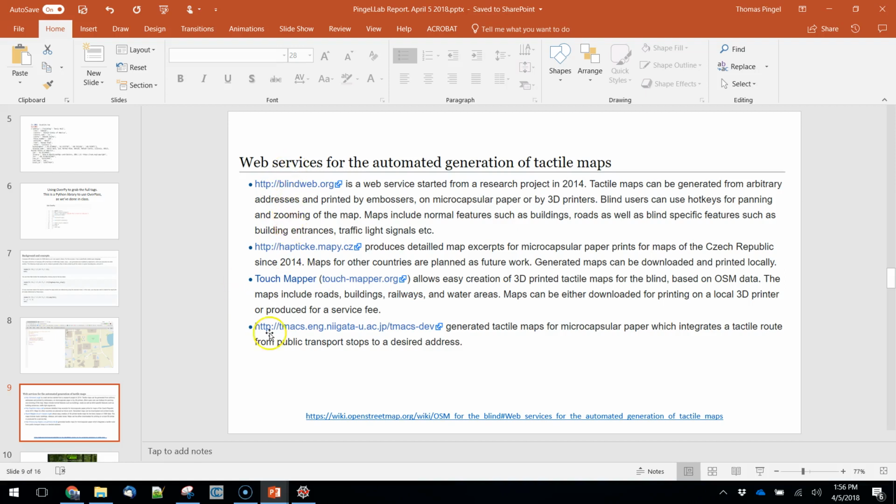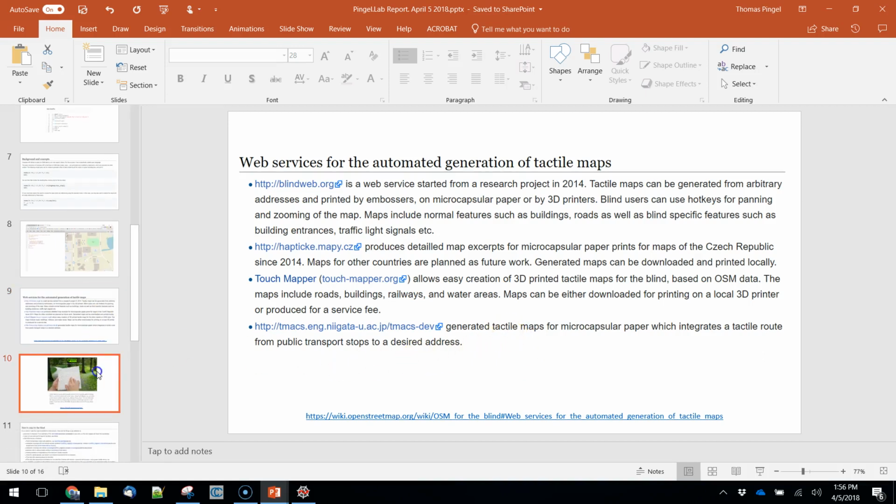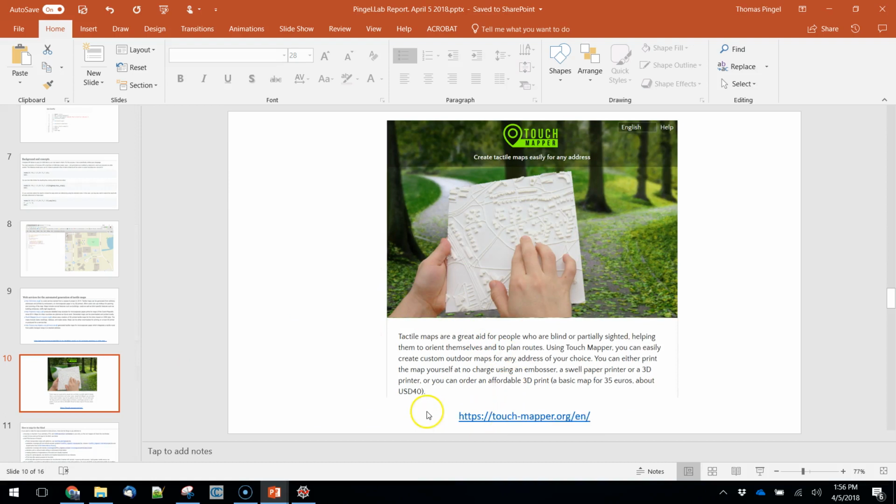I would say look at these other ones, but don't necessarily use them. I would talk a little bit perhaps about this microcapsular paper, which is really interesting, and I think you'll find a good piece to talk about. This is an example of where those are. So this is